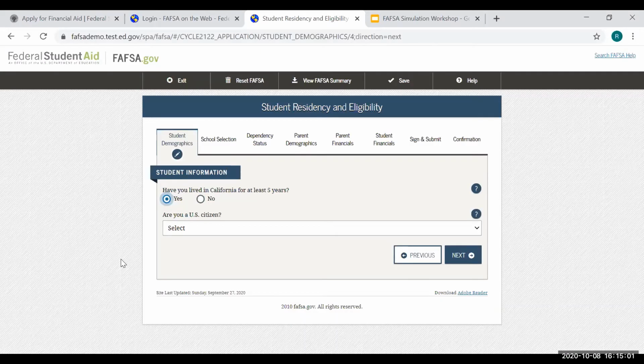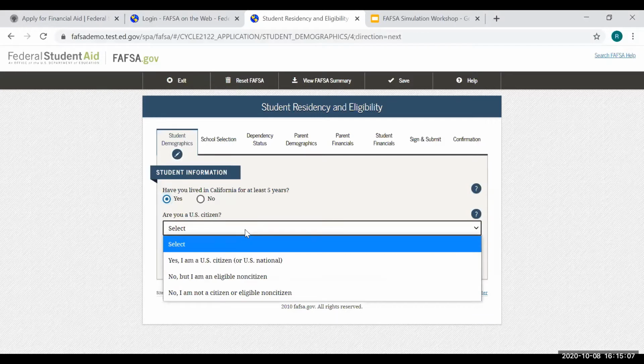You will then have to answer the question about whether you are a US citizen. The possible answers are yes, I am a US citizen or US national, no, but I am an eligible non-citizen, or no, I am not a citizen or eligible non-citizen. If you need assistance with this question, you can select the blue question mark icon, which will take you to